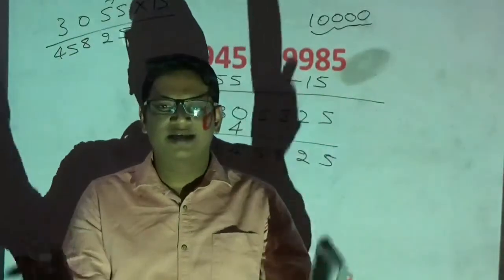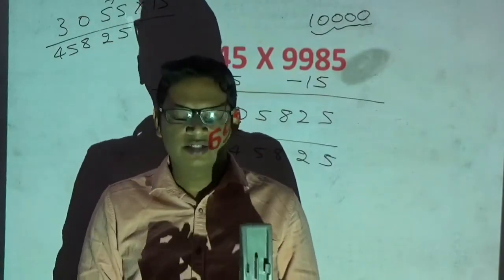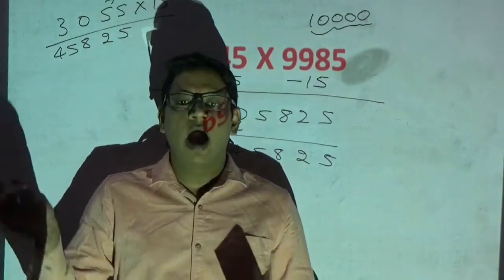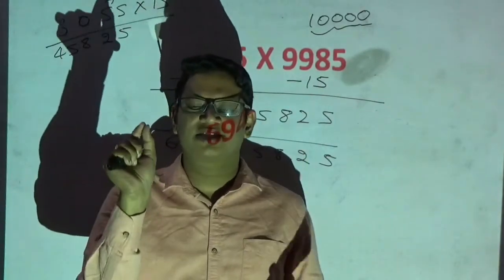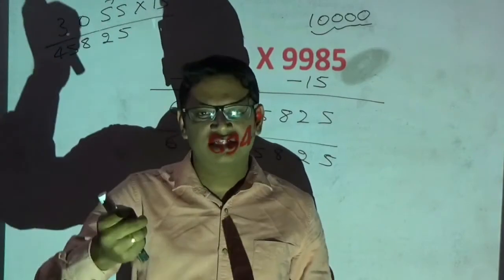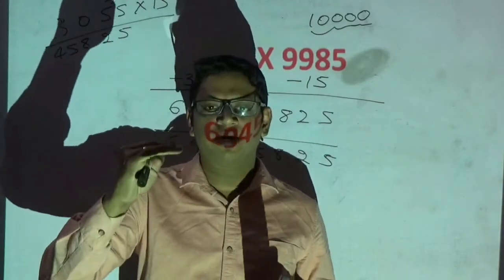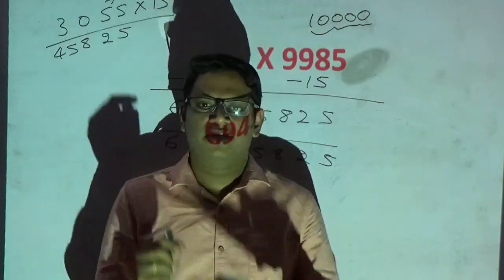So with this I am ending this part 1 in your base 10. So in this part I have explained you how to multiply any numbers which are near to the base such as 10, 100, 1000 and which are below. In my next session, I am going to explain you how to do multiplication of any numbers which are above base. Okay, hope you have understood with this technique.